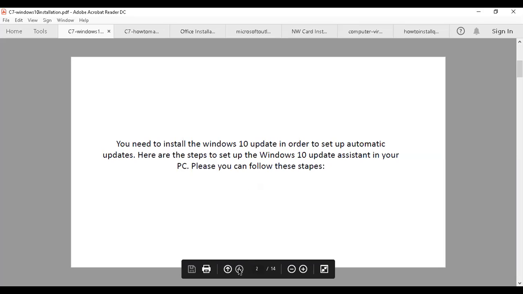If you want to install the Windows 10 updates, in order to set up automatic updates,